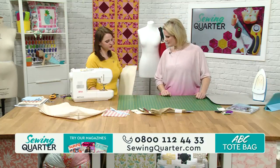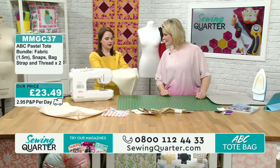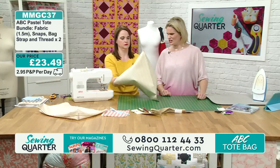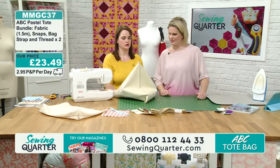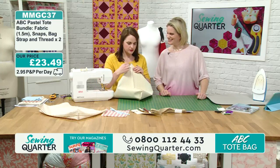Right, so I've sewn all around the outsides. What you need to do next is box off these corners. So if you fold it, it's really sturdy. It is quite sturdy, isn't it? So I'm going to fold that and try and make sure that this, you would press it normally,